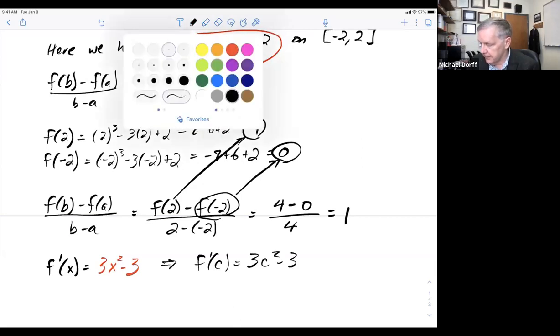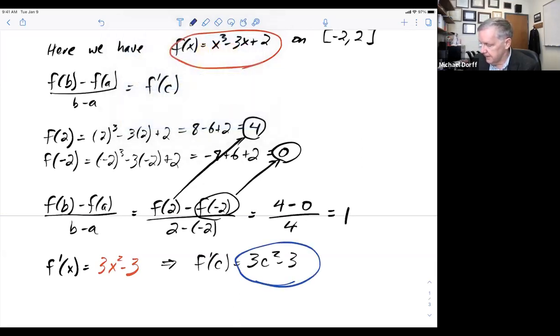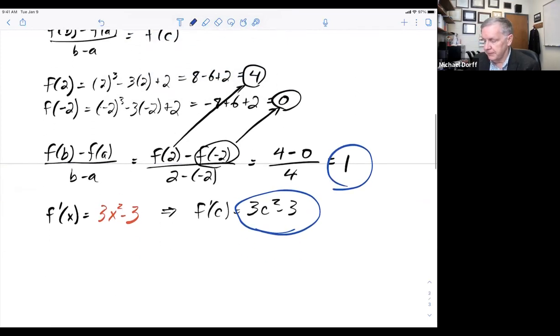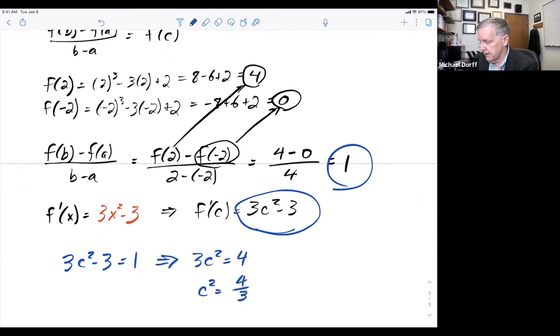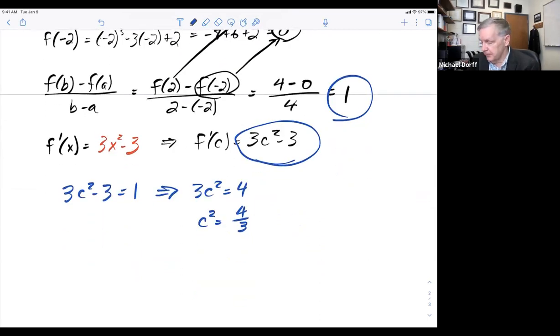And the mean value theorem says that this and this are equal to each other, and we just need to solve for c. So I'm going to have 3c squared minus 3 equals 1. I'll add 3 to both sides, and I get 3c squared equals 4. Divide by 3, and I get c squared equals 4/3. Then I take the square root of both sides, and I get c is going to equal plus or minus